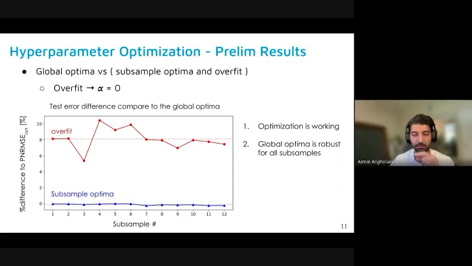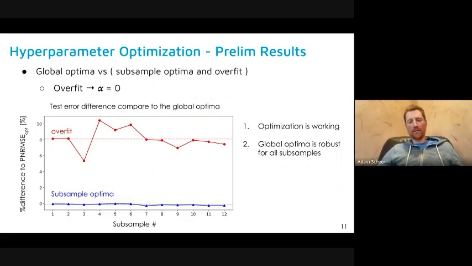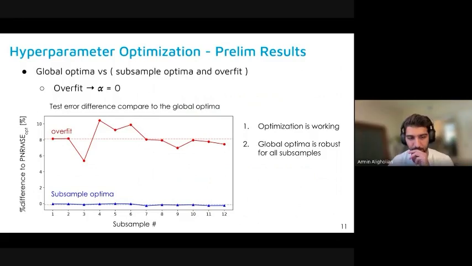Yes, test error difference. Can I try to summarize, because this is literally the first time I've seen this slide myself? Can I try to summarize what you said back to you? Or, I mean, yeah. So